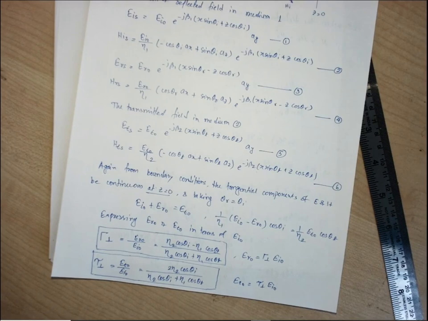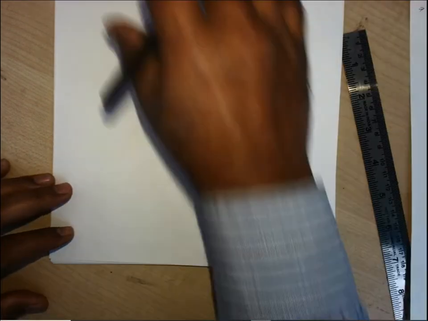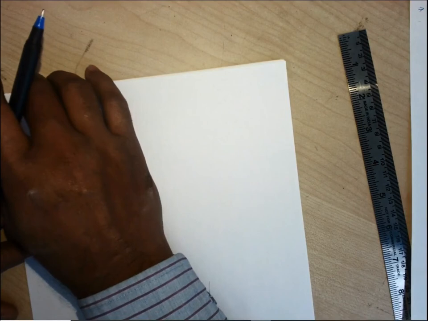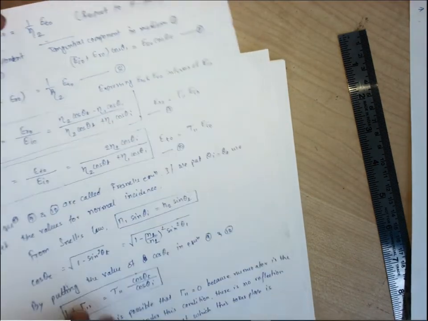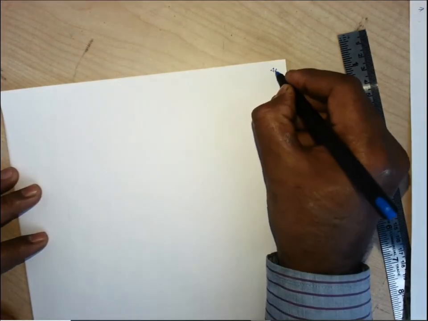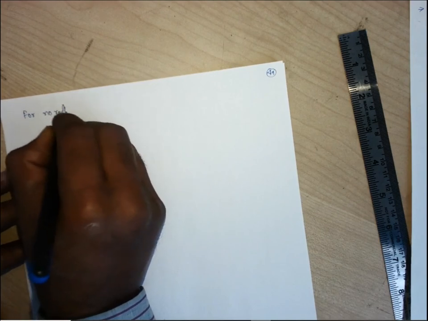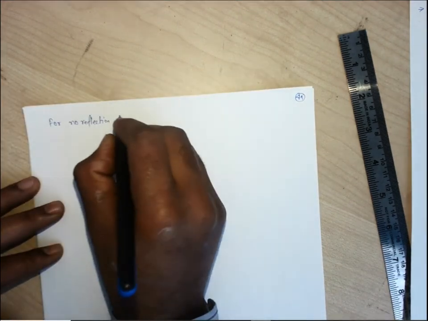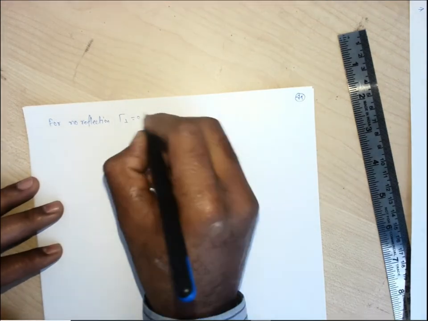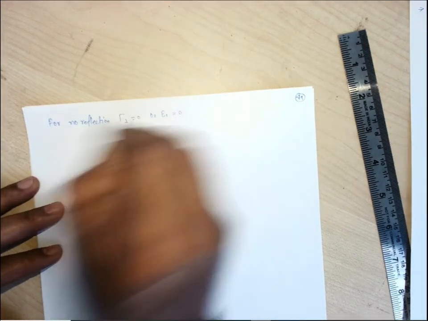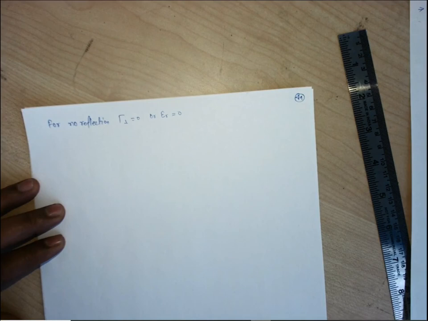Now if there is no reflection, can we get the condition we found in terms of Brewster's angle for this case? So let us go with that concept for this case. Let us check if it is possible or not. For no reflection, this gamma perpendicular should be 0, or E_R should be 0. So this is the same case as total transmission.